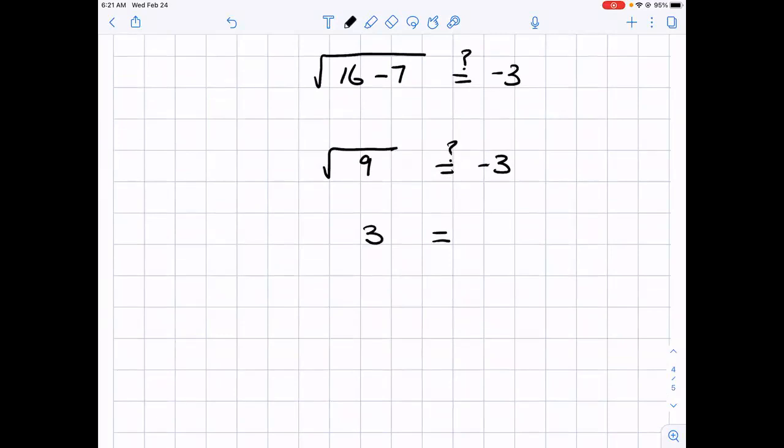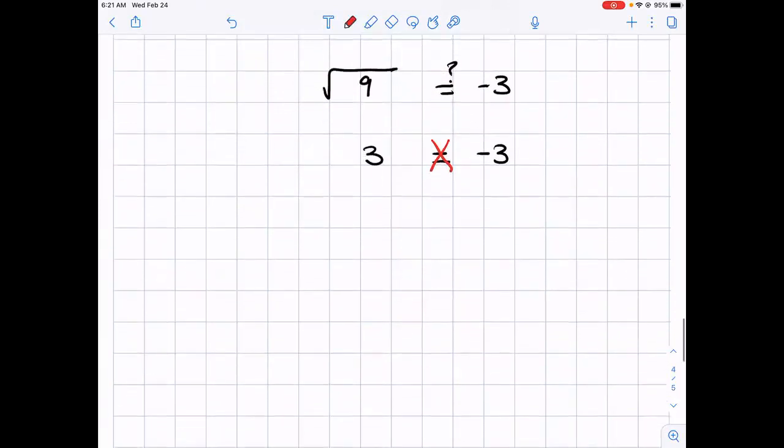And we see that 3 is not equal to negative 3. So this here is not true, okay? This is false. So the solution, okay, x equals 4